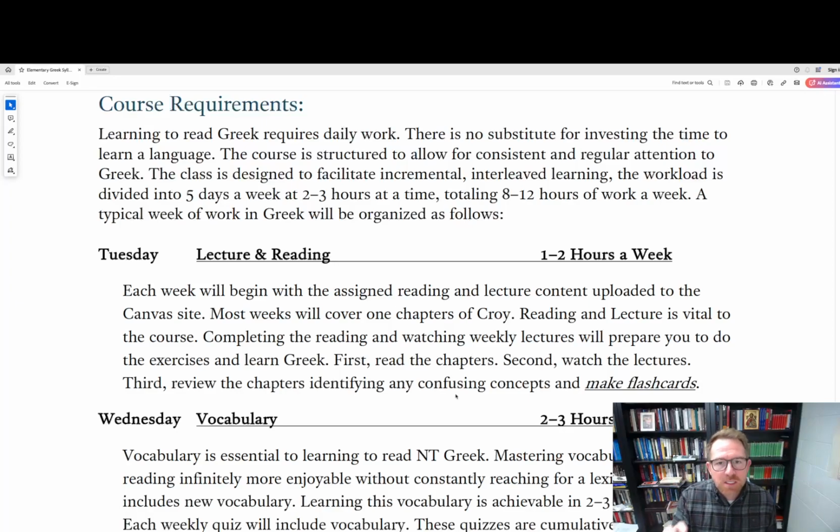When that occurs, I will adjust the exercise assignment requirements so that you don't have to just do twice as much work. We don't do it very often, but there are some weeks where it just makes sense to do 2 chapters together. Reading and lecture is vital to the course. So what you should do is complete your reading in Croy, then watch the lectures,